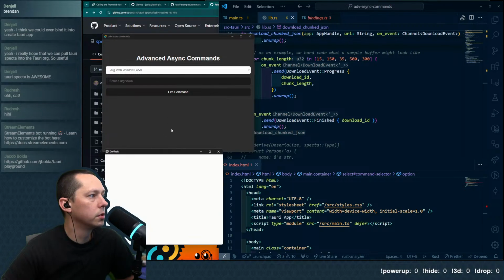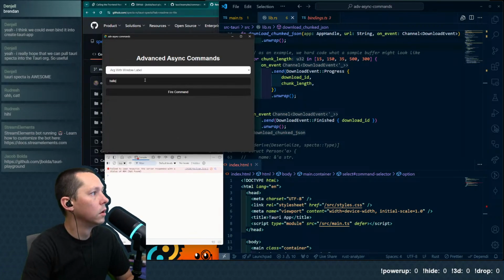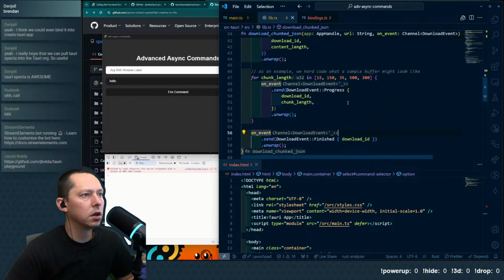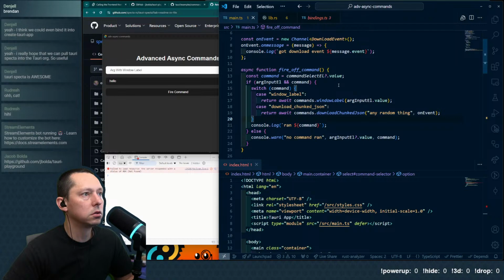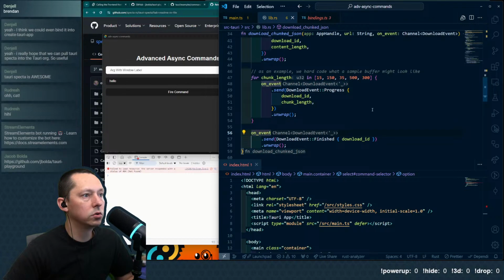So what if we do it multiple times? And then I guess we are getting logs. Let's do on message. So every time something happens, we get a new message.